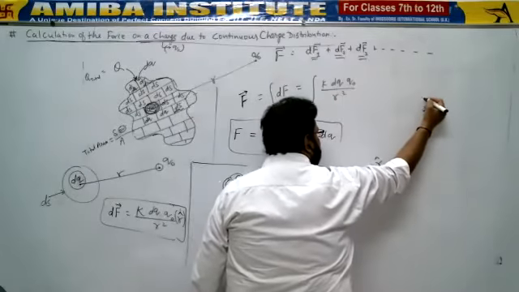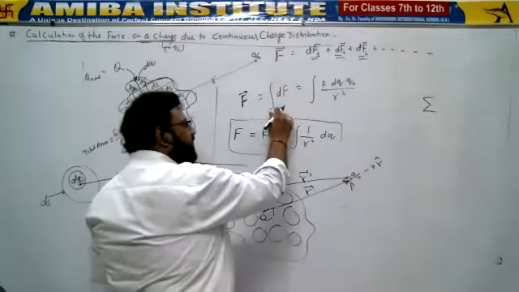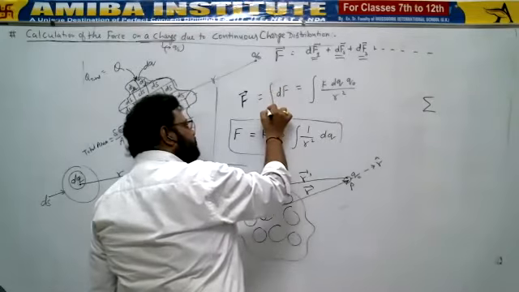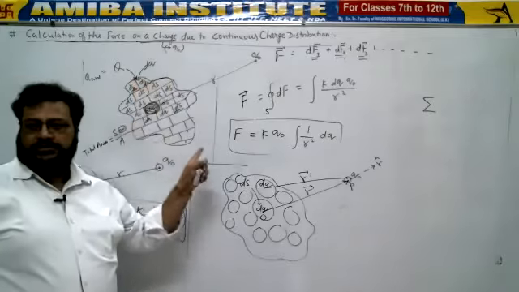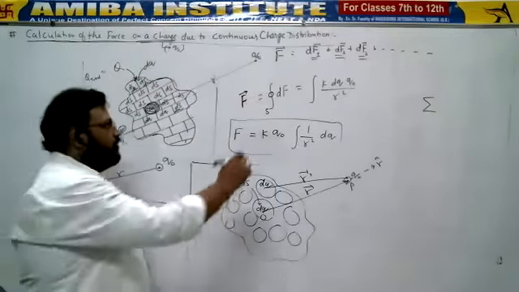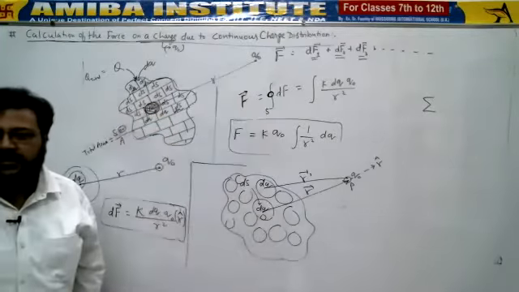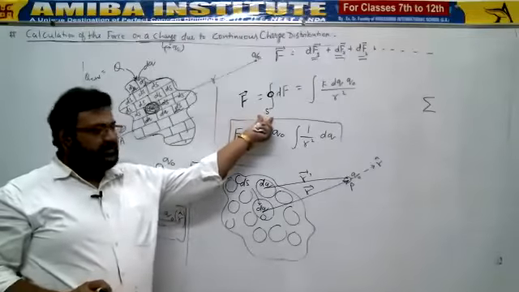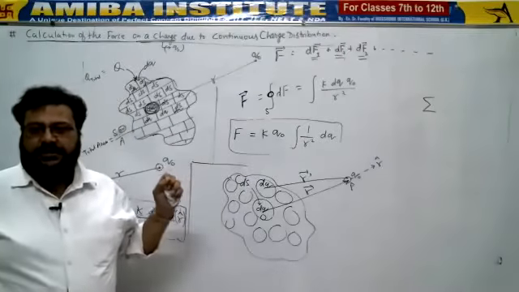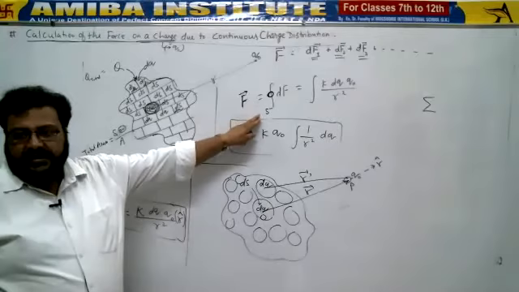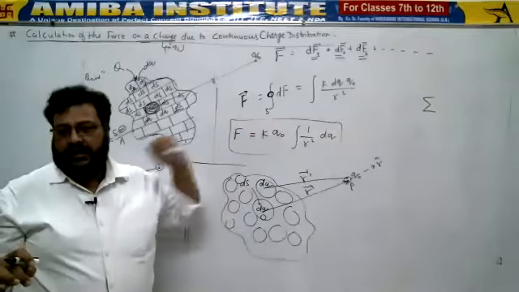But since all these forces are distributed uniformly and continuously, for this addition, instead of taking the sigma sign, we took the integration sign, right? And what kind of integration is it? Surface integration. So we write a small s here, and since it is a closed surface, we put a small circle on this integration symbol. This small circle shows that this area is a closed surface. And since it is a surface integration, meaning areal integration, we have written s. If the charge were distributed along a length, instead of s I would write l. If the distribution is along a volume, I would write v, right?